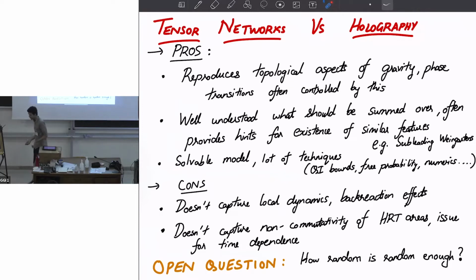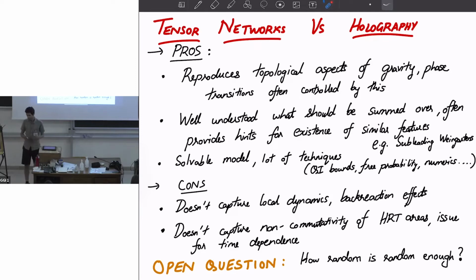Similarly, there's another feature which the tensor network has, which is that it can simultaneously fix the areas of all surfaces. Whereas this is something you cannot do in gravity. The areas corresponding to the HRT surfaces for crossing regions are typically non-commuting. They are time-like separated, and you can't simultaneously fix all of them. So there are issues with the tensor network, and you should be careful when applying it to gravity, but still there are a lot of things that it can teach us.